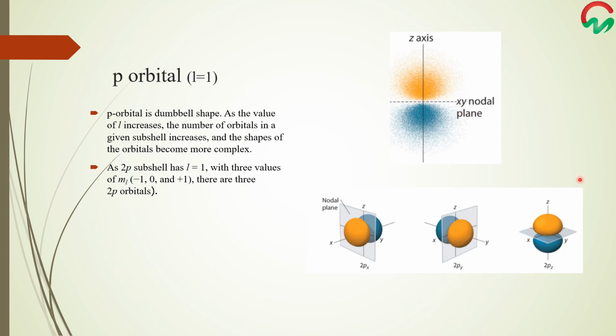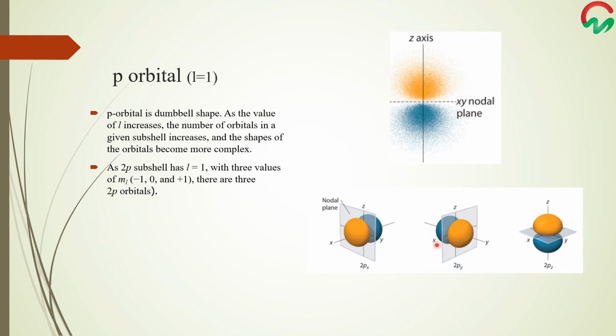The other three 2p orbitals, students, are of identical shapes, but they lie along the x-axis, shown by 2px, and the y-axis, shown by 2py, and each p orbital has just one nodal plane. The phase of the wave function of each 2p orbital is positive for the lobe that points along the positive axis and negative for the lobe that points along the negative direction. It is important to emphasize that these signs correspond to the phase of the wave that describes the electron motion, not positive or negative charges.